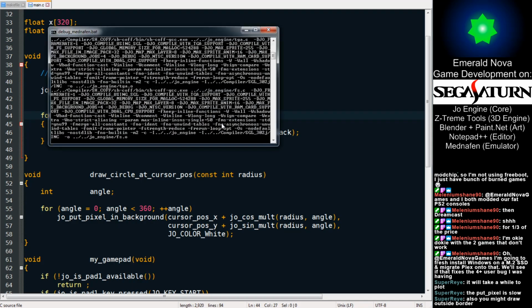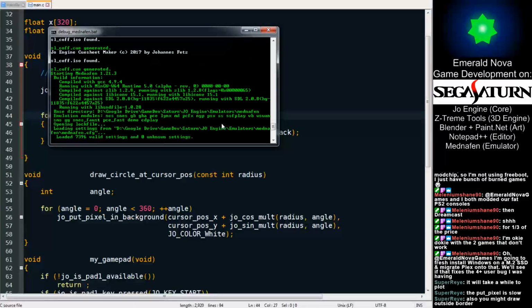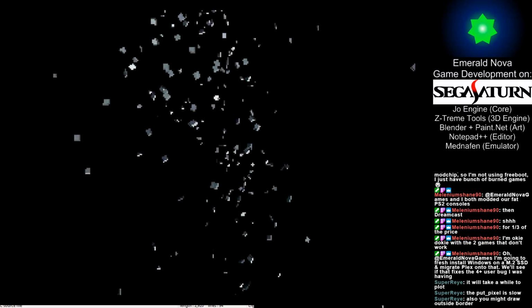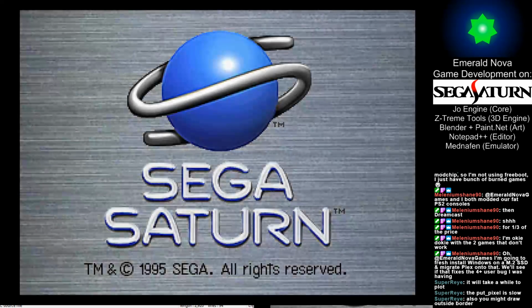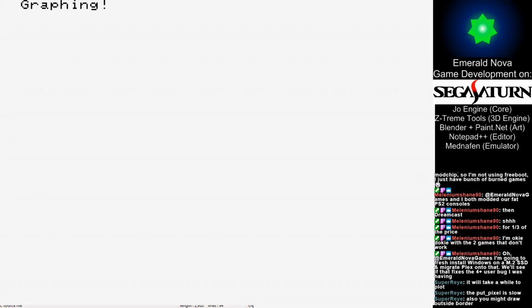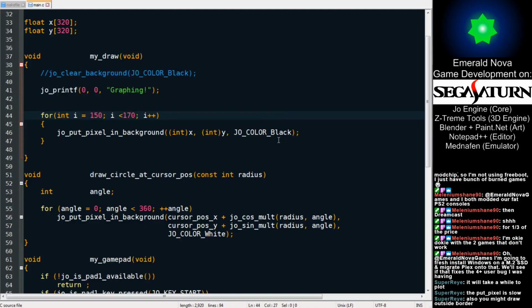What do you mean outside border? Oh, you know what? I'm not screening for values that are above and below the boundary. I might be breaking the engine doing that. Okay, it says graphing. It's not graphing, but it says it is. It should be graphing based off of Joe Color Black. Okay, let's try seeing what happens at